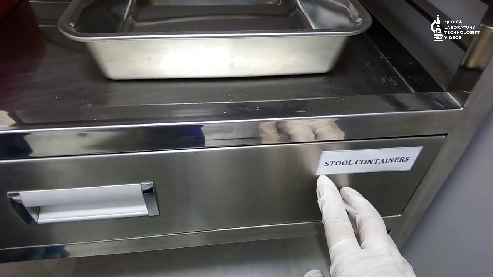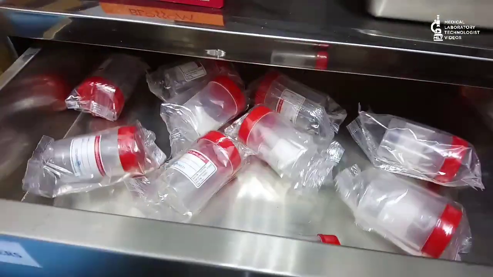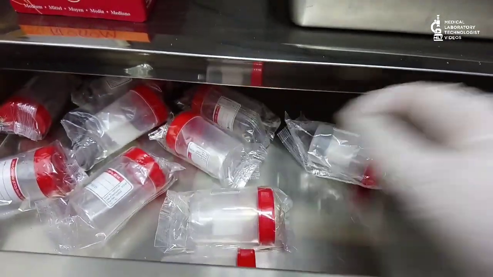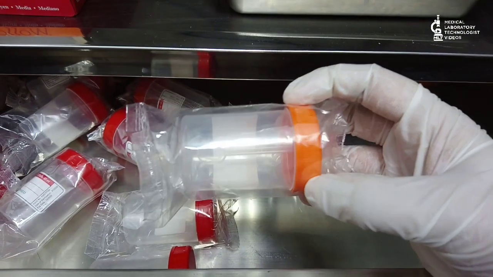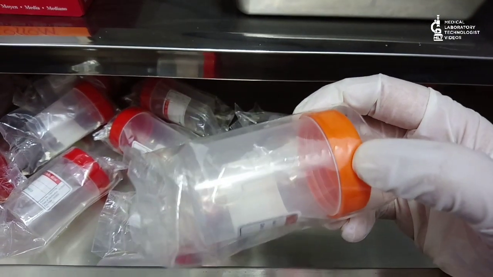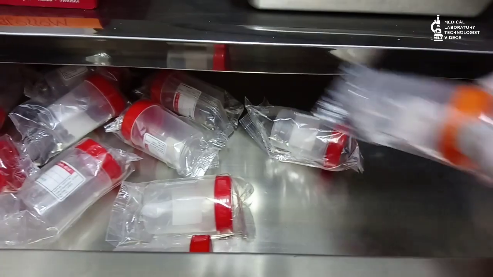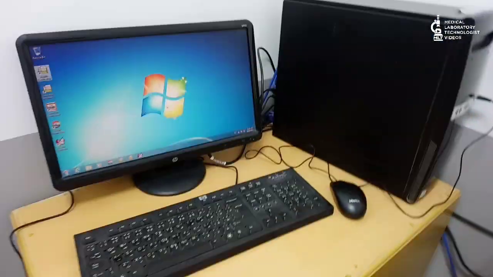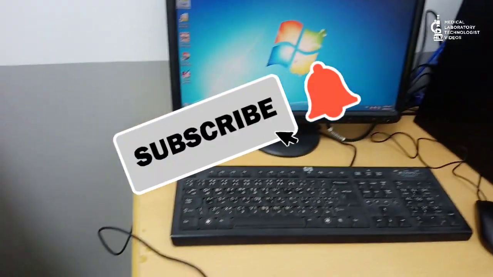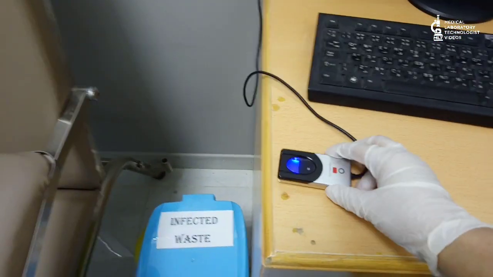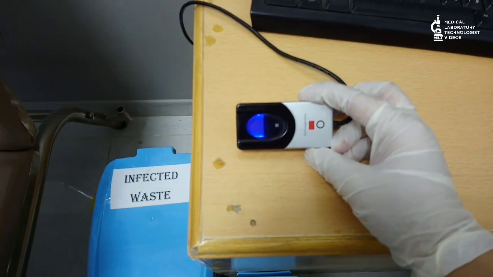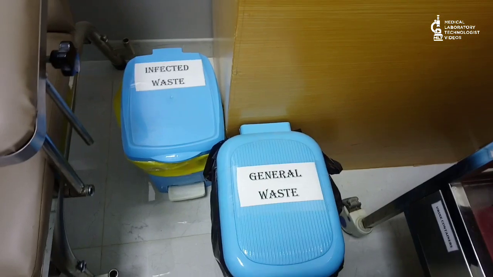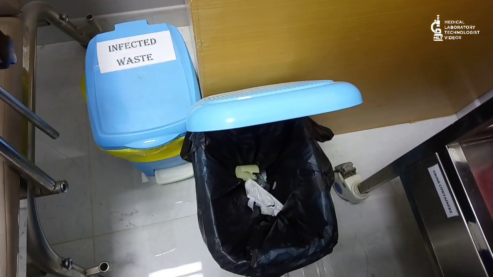And you need urine and stool containers, and label the area where you are keeping your urine and stool containers so that it is easy to find and minimizes the time. As you can see, the stool container comes with a stick, and the urine container is a plain urine bottle. You need a computer in your sample area, though it is not mandatory, and you need a finger checking device, which is also not mandatory. If this is available, it's good.